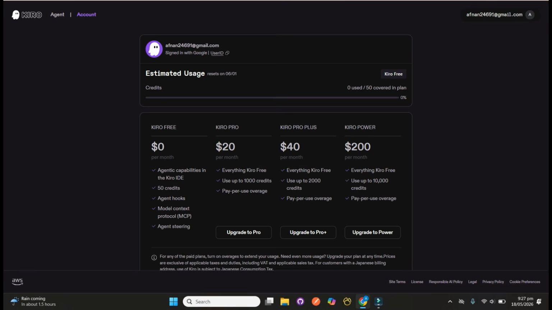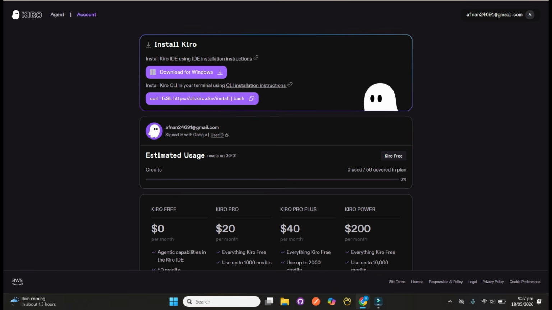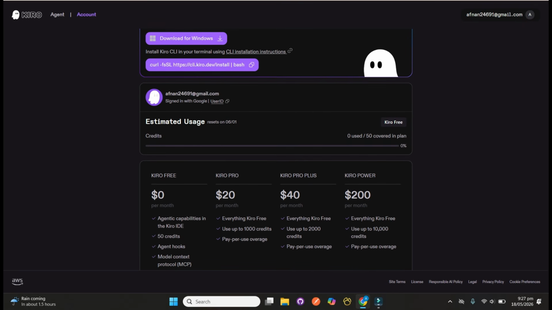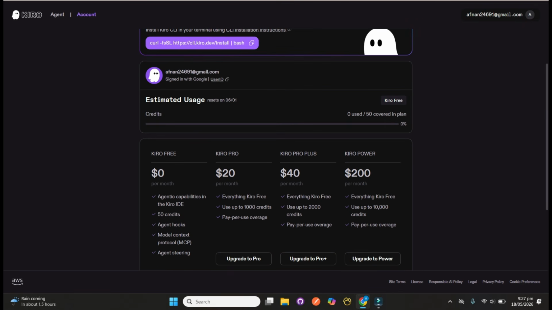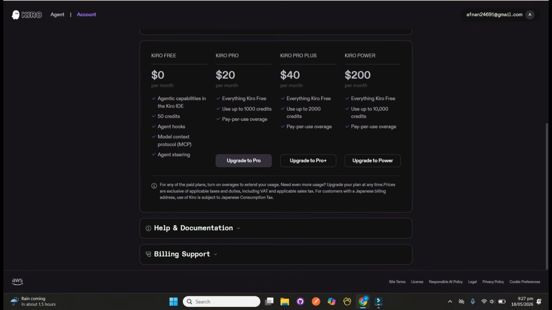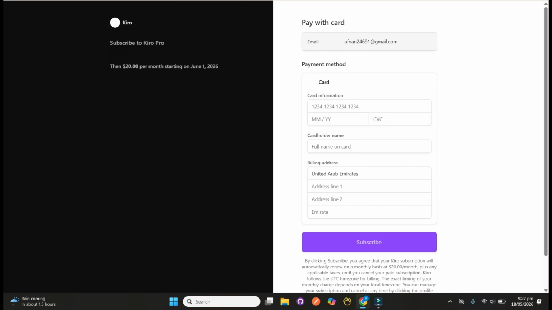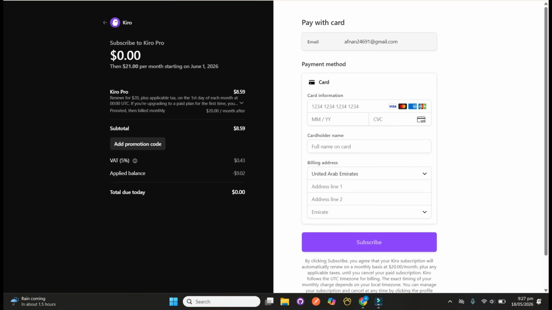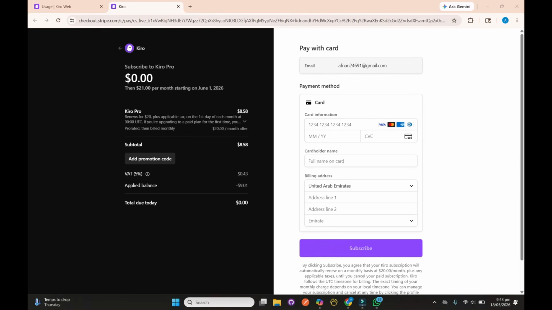After sign up, you will be taken to the plans page, the plan selection page. You will see different plans here, including free and pro. So I simply choose here Kiro Pro and click on this upgrade to pro. And it shows me here $0, so it means my free trial is active. So I simply complete the process by adding here my bank account info. After successfully doing this checkout, adding just a bank number and authenticating, after this what I'll do